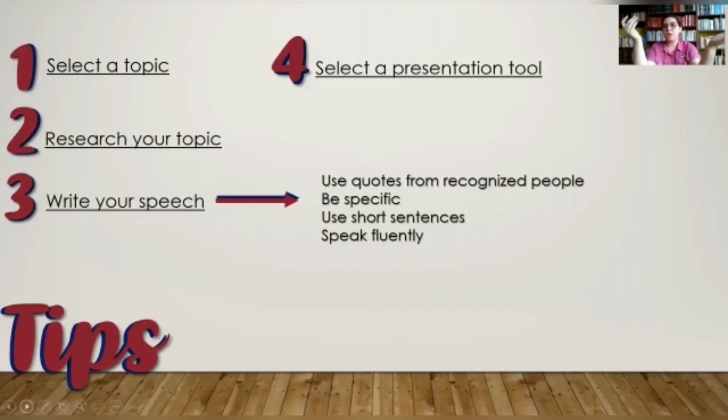Be specific. Please, this is so important. You need to be specific. Don't say a lot of words that don't make sense. The people want to listen to something, and this something can be said in a specific sentence. You won't say, hi, my name is Maria Virginia Brusco, and my topic is education, and education is horrible in my city. Thank you. No, okay? Short sentences can cover a lot of topics or situations, but you can say it easily.